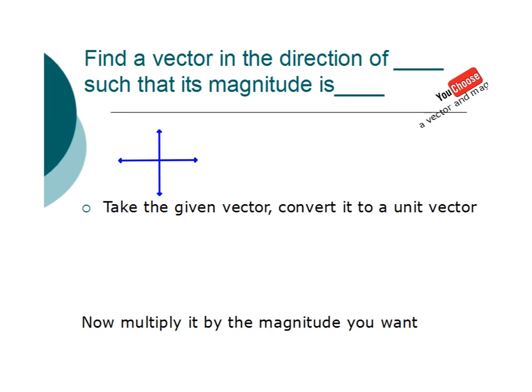Let's try something new here, or a little bit trickier. This one says find a vector in the direction of, and if you were in class, we would have picked somebody to choose a vector such that its magnitude is something that somebody would have chosen. So since I can't hear what you're picking, I'm going to pick